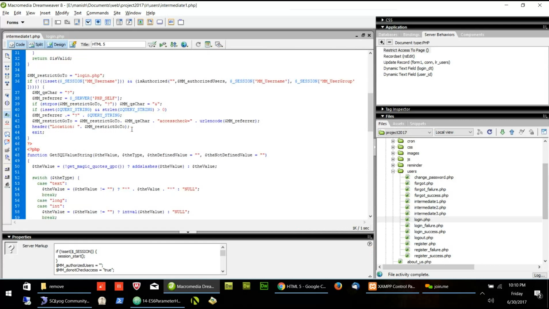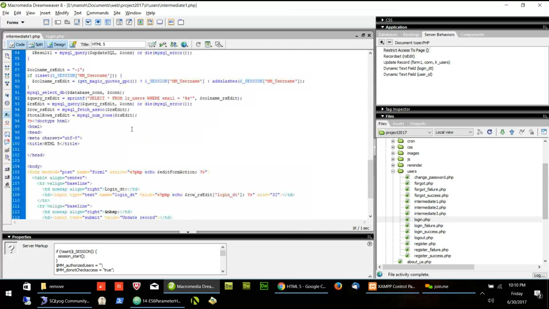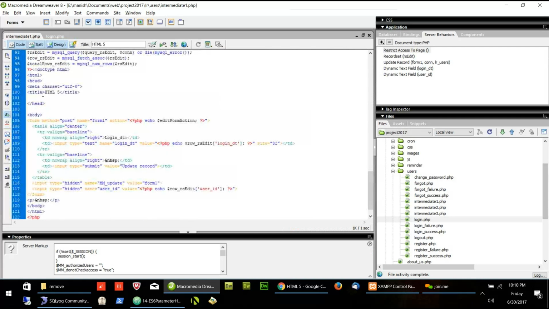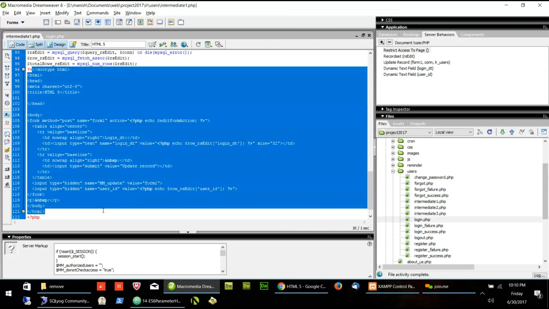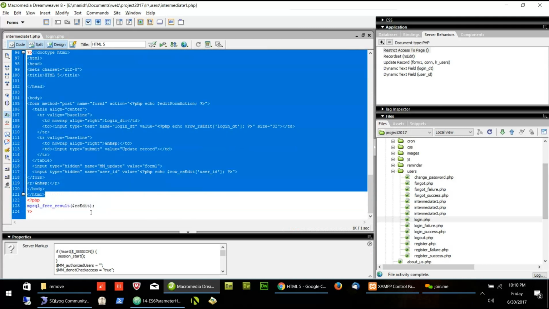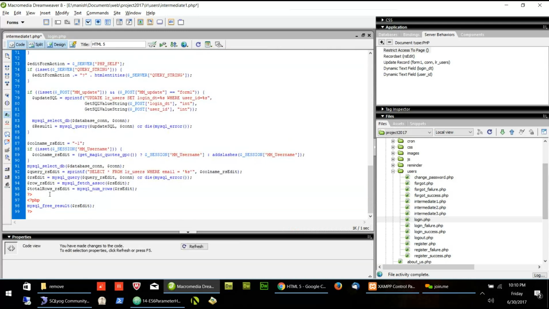And since Dreamweaver has already created the code to update it, I don't need any of this information below it. I need the last line maybe, but I don't need other things. So what I did, I deleted all the form.